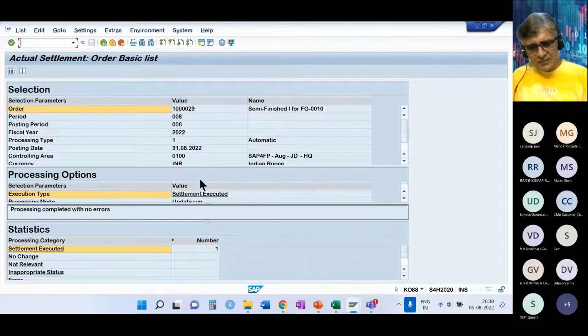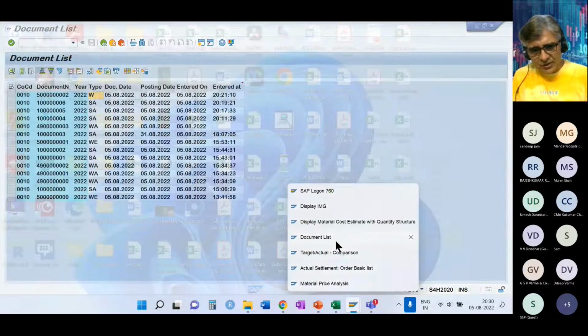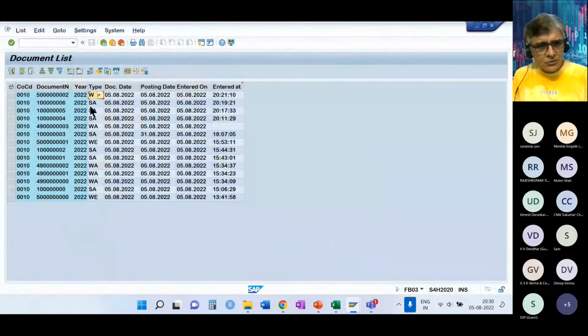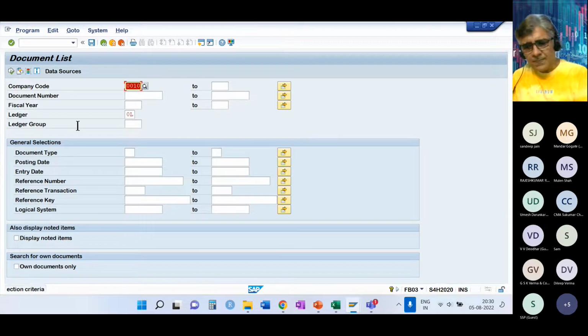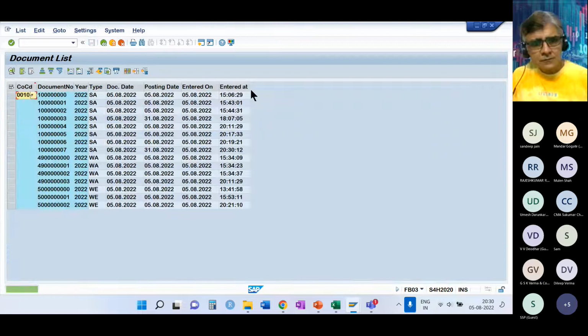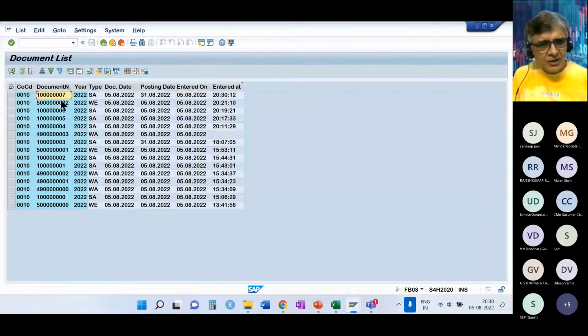So let us see the impact of the settlement in different areas. Let us first go to an accounting entry and check. The accounting last is 2, so we'll see the new one that gets generated. So this is 7 that is now generated.